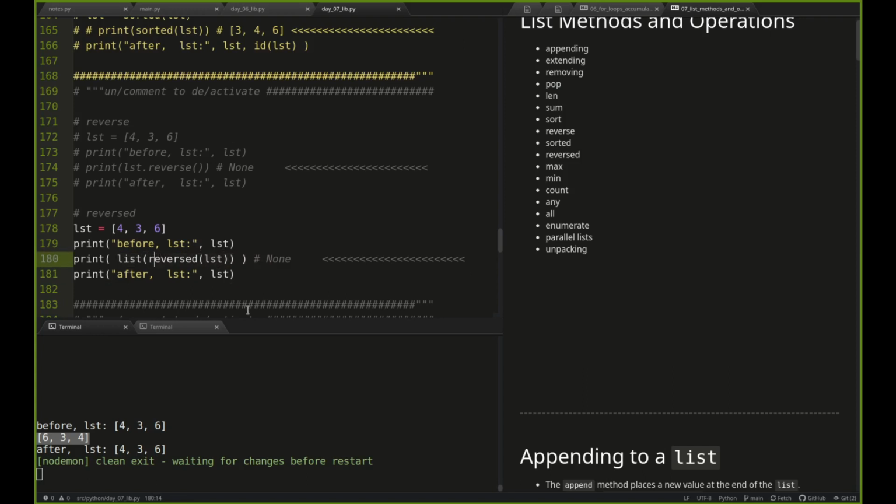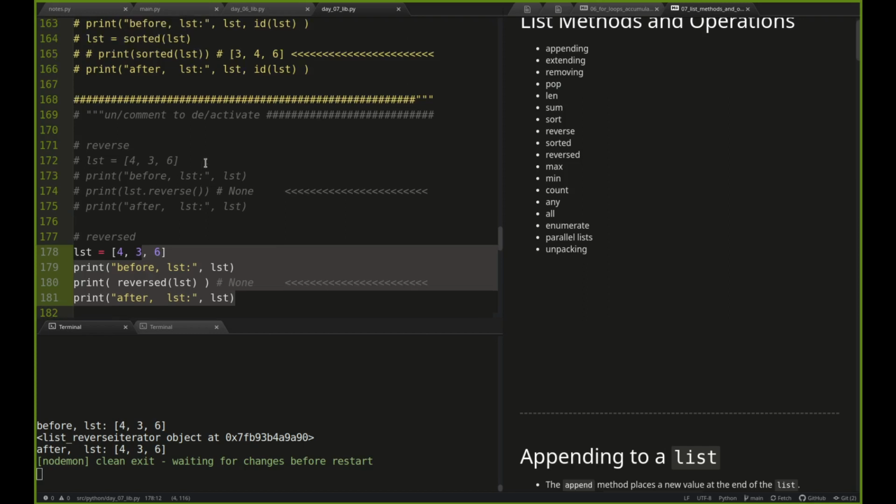So that's why that behavior is that way. That's why it gives back an iterator object rather than a list object, to save memory in those cases. Just like with